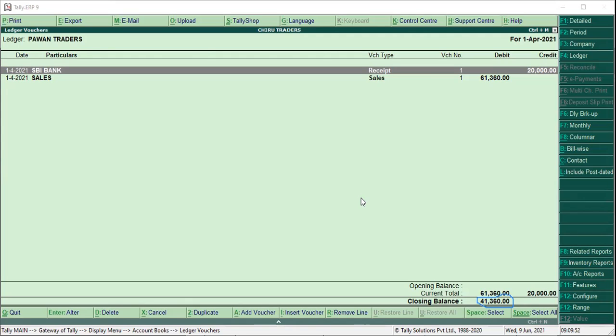When you're buying goods, you have to pay input tax. It may be CGST plus SGST, or IGST. So this is the way to enter advance assessment.